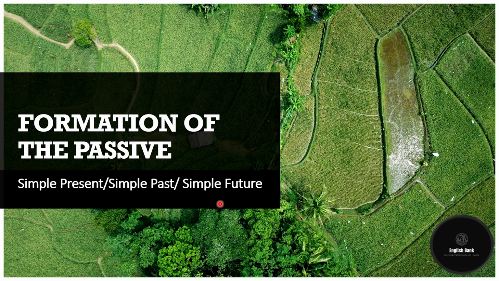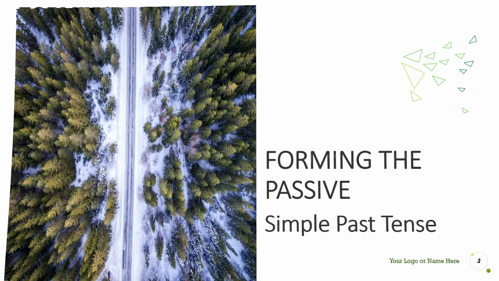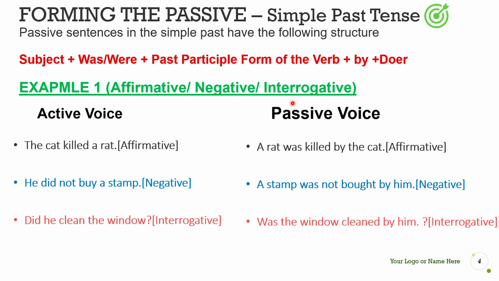First, we'll take the simple past tense. Passive sentences in the simple past, affirmative form, have this structure. Now, study this passive voice sentence with the structure. A rat is the subject in the passive sentence. The subject, a rat, is singular. We use the singular past tense form of the verb be, was, and the past participle, killed, of the